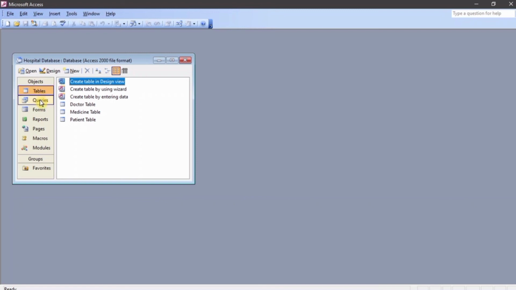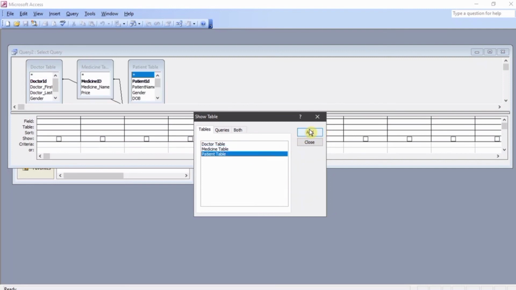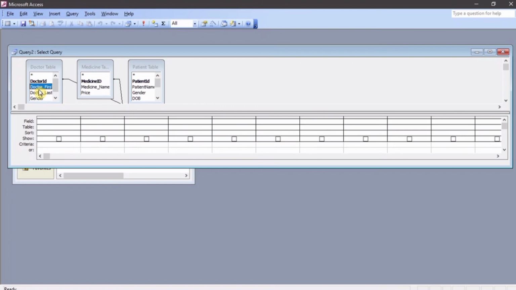Now we are going to create a query first, and we are going to use query design view, and you want doctor, medicine, and patient. And you're going to say this doctor treated this patient and gave that patient this medicine. And then you're going to sort using a doctor's first name, and then maybe the price of that medicine,